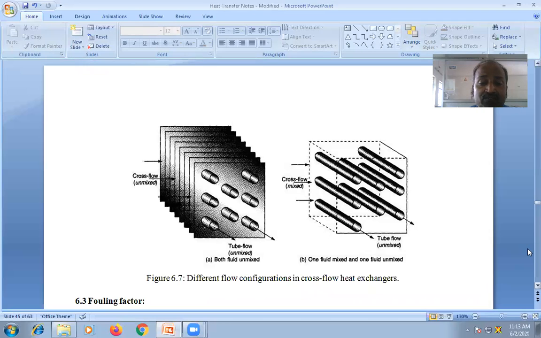So you can see the different flow configuration of cross flow heat exchanger. Cross flow heat exchanger means perpendicular to each other. The hot fluid and cold fluid will flow perpendicular to each other. A very good example is the radiator. You can see the radiator in the trucks or large scale vehicles, heavy vehicles. You can see the fan blow, or the air blow, is horizontal, whereas the water will flow from top to bottom. So both are 90 degrees to each other. Very good practical example. Visualize whenever it is possible.